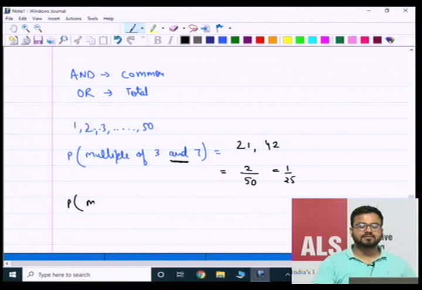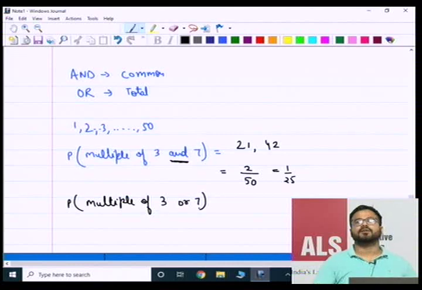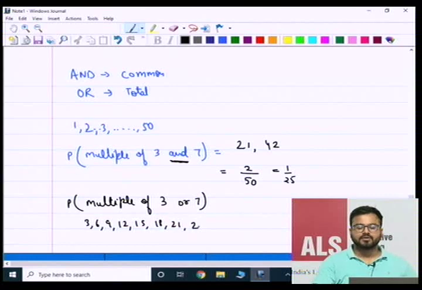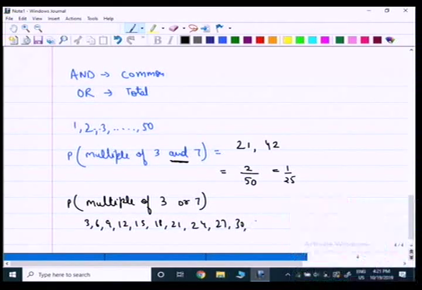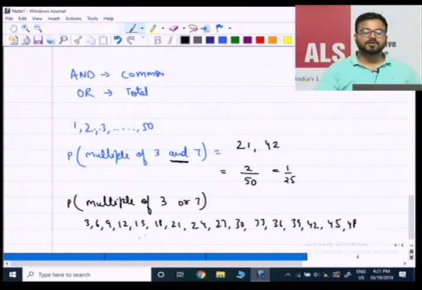If we have written multiple of 3 or 7, it means it can be a multiple of 3, it can be a multiple of 7, or it can be a multiple of both of them. So multiples of 3 in 50: 3, 6, 9, 12, 15, 18, 21, 24, 27, 30, 33, 36, 39, 42, 45, and 48. These are the multiples of 3, a total of 16 multiples. Then the multiples of 7 are